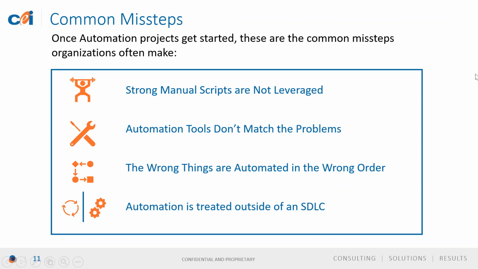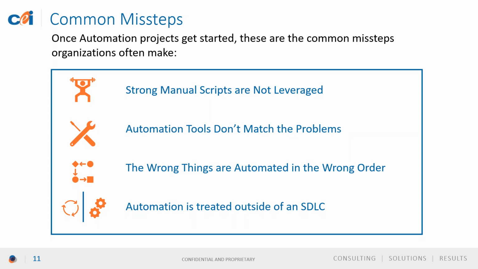Automation tools do not match the problems. Tools are often chosen because they fit the first problem considered, or somebody in the organization had those skills. As automation extends, it is often found that the initial tool chosen isn't fit for all the work. Comprehensively assessing an organization's automation needs positions them for selecting the right tools.